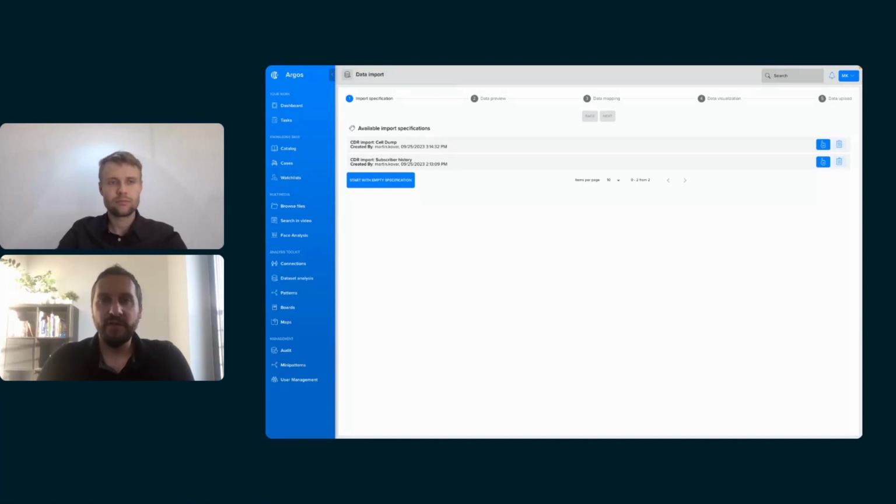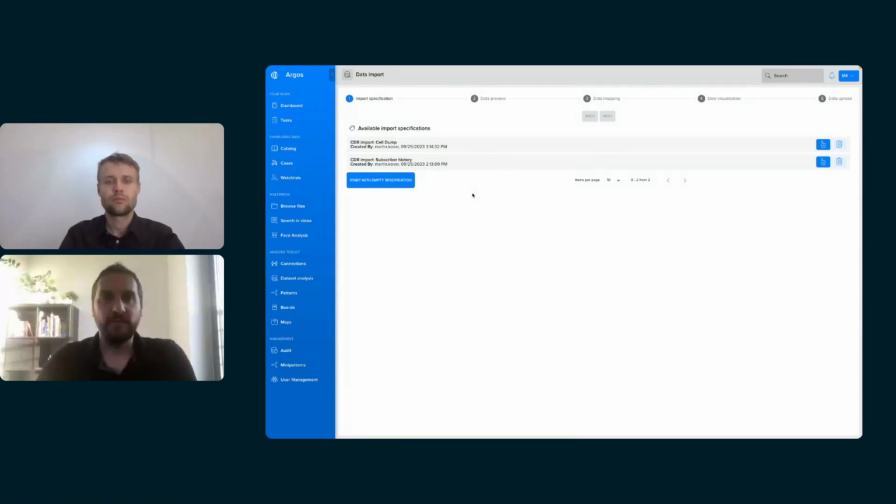So I will start right now to showing you how it actually starts from the beginning. Usually, the authorized personnel from the law enforcement will request data from mobile network operator. Such data will usually be in the CSV format, Excel sheets, XML file, or similar structure. Now, because these formats are usually the same over time from one mobile operator, and it differs only in the data content, we have means how to reuse those predefined transformers